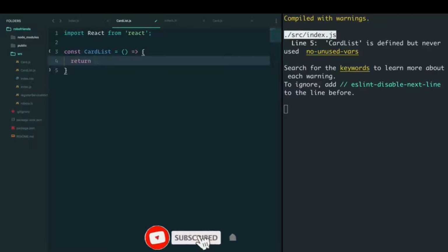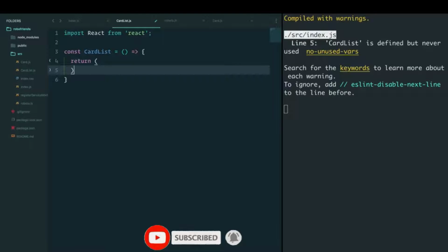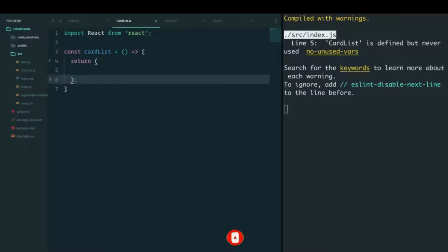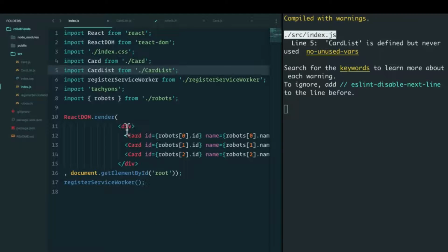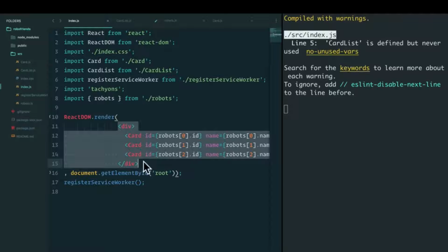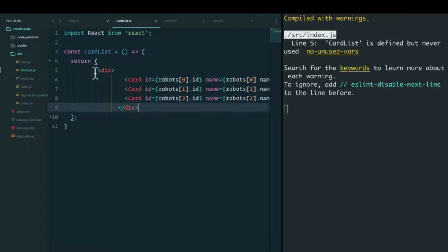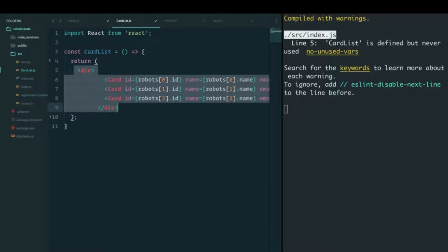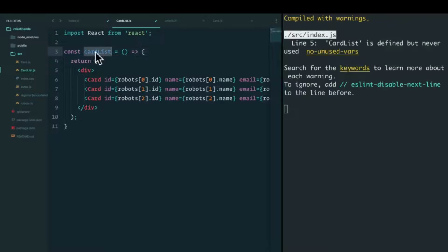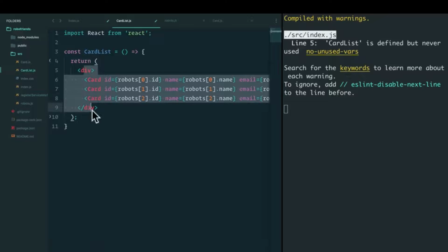Well, what should it return? It should return the cards, right? We can just copy and paste this, put this in here. Let's fix the indentation here a bit. Now, CardList will be the one that returns these cards,